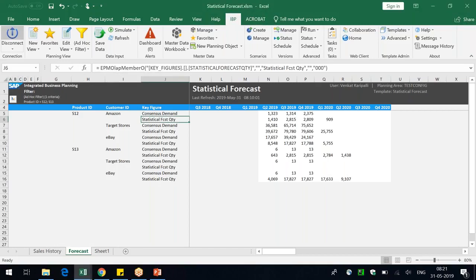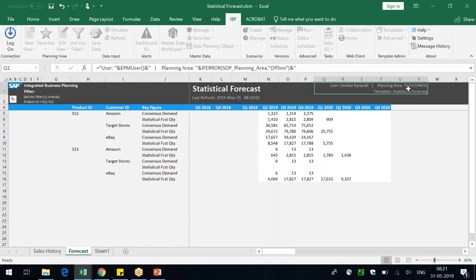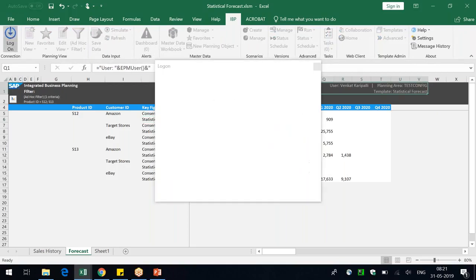Amul, you might be getting bored, but please hang on here for another 5 minutes. I'm just disconnecting now. I'm disconnecting from a planning area. You can see a planning area called test config here. So if I log back in to